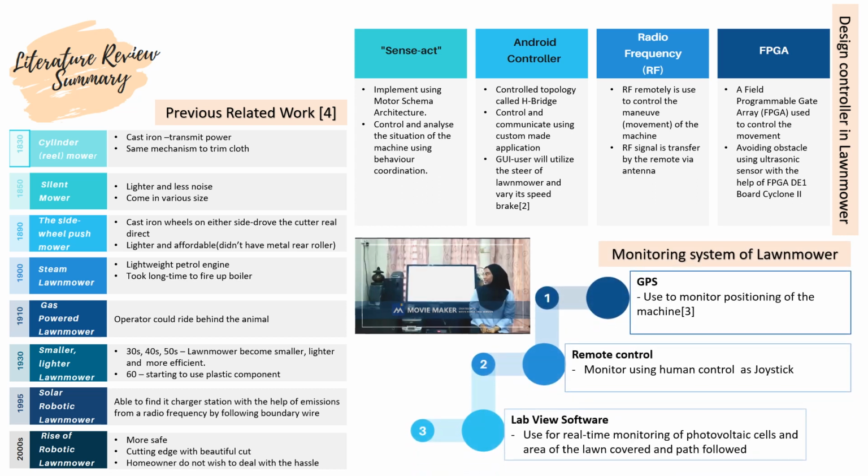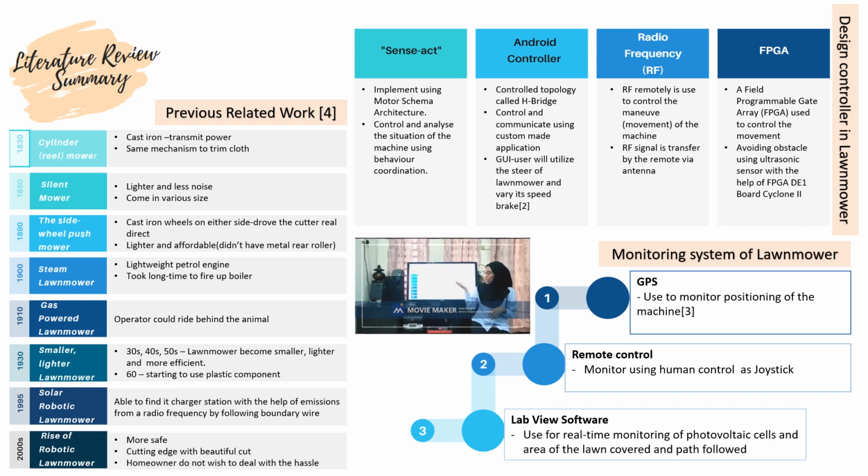Next is the literature review summary. First is the previous related work about the lawnmower. In 1830, the first lawnmower was created, which is the cylinder reel mower, which used cast iron to transmit power. This idea came from a machine used to trim cloth. In 1850, there was the silent mower, which was lighter and less noisy, and it came in various sizes. In 1890, the side wheel